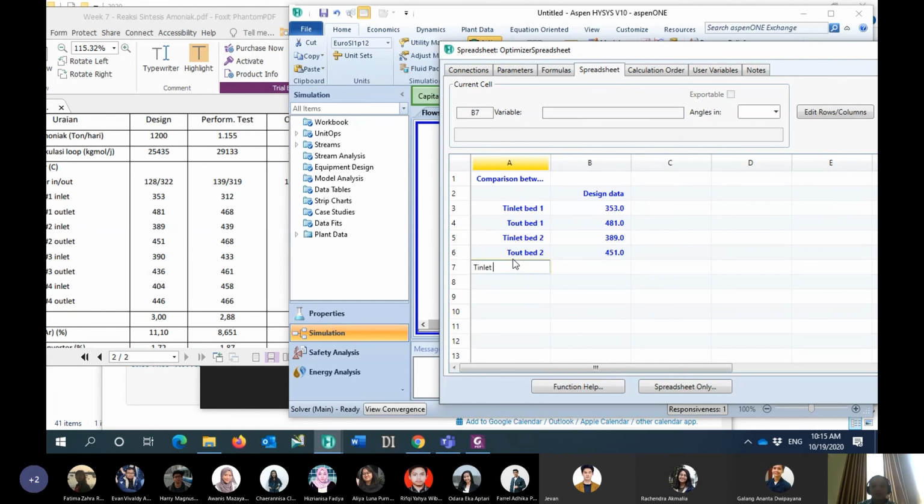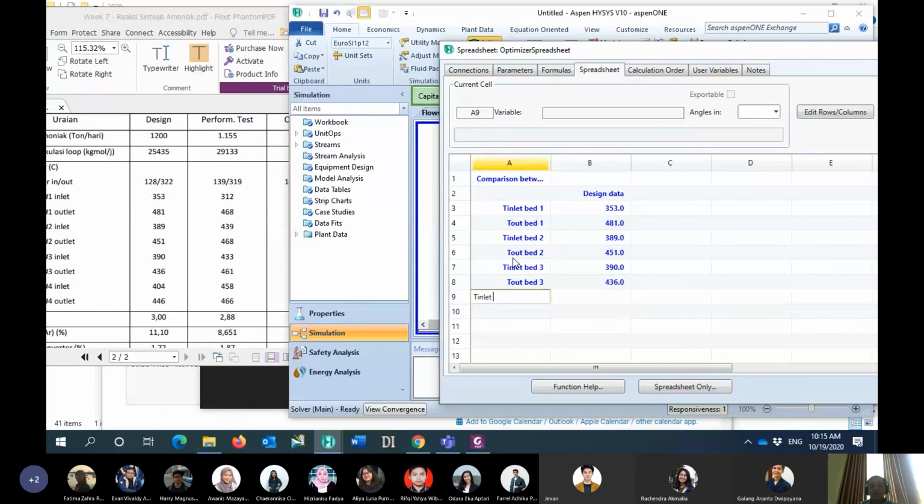T inlet of bed 3, 390. T outlet for bed 3, 436.